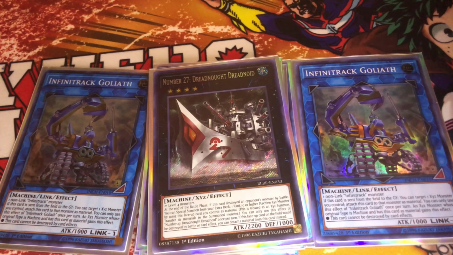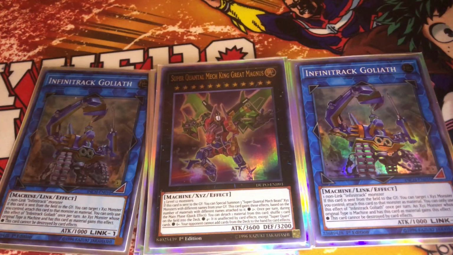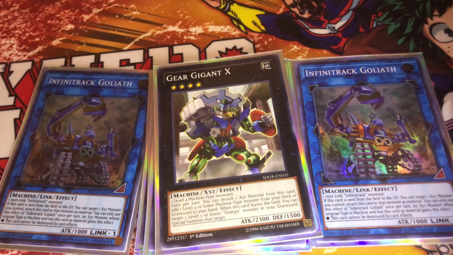And the one card in this deck that I play for this guy to bring out is the Super Quantum Mech King Great Magnus. Next up, I'm gonna play one Gear Gigant X. Now this guy, he's in 2019, he's not as good as he once was, but he's still basically a Rhoda